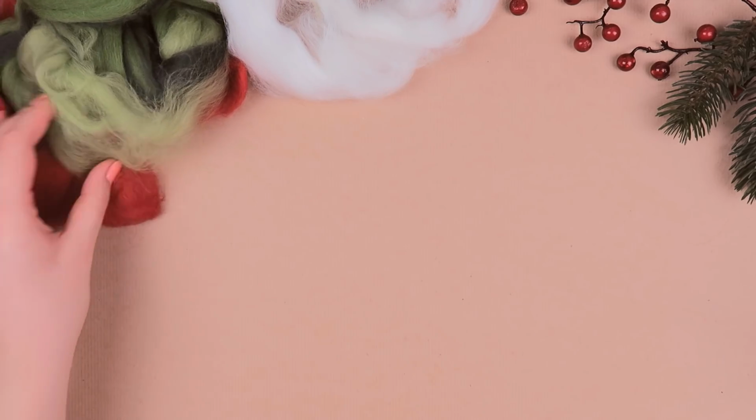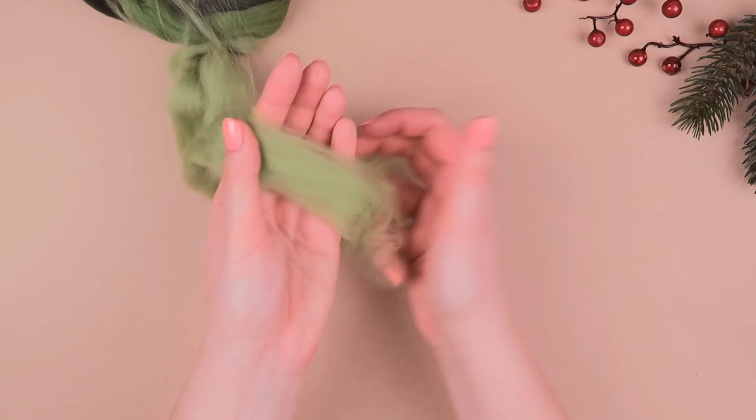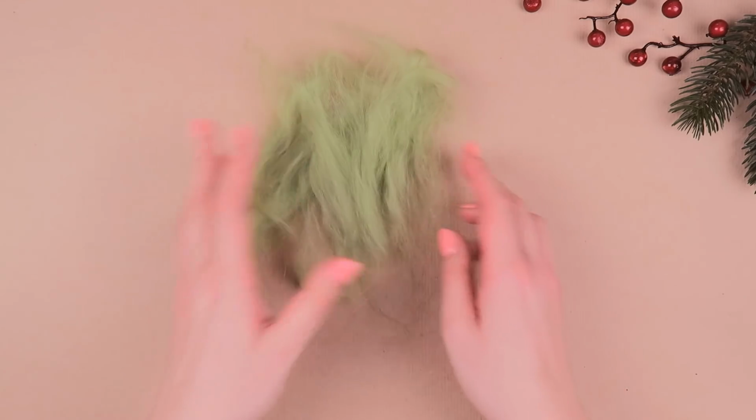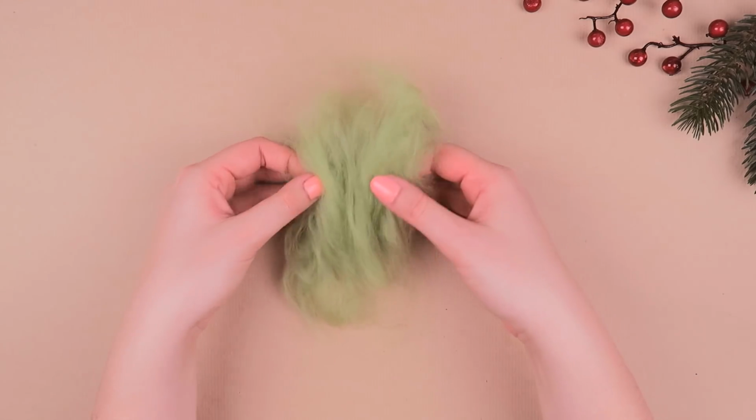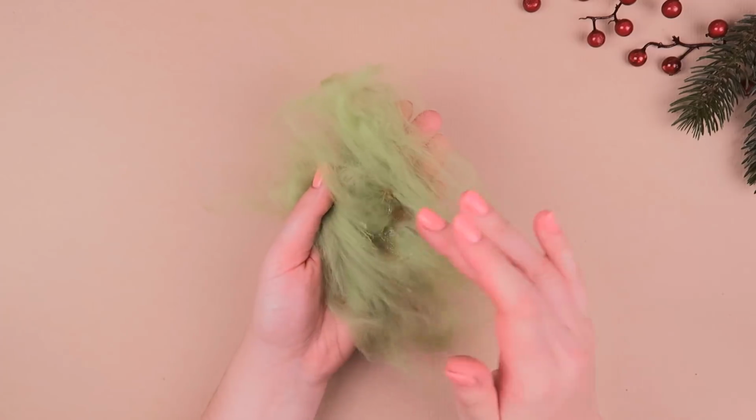All you need is a little bit of felt wool, soap and some hot water. Start off by carefully pulling out a few strands of felt in the color of your choice by making sure everything lays nice and tidy. Here I'm going to use white, red and 2 different shades of green to make it fit into the Christmas theme. Once you have enough wool for the size of your choice,